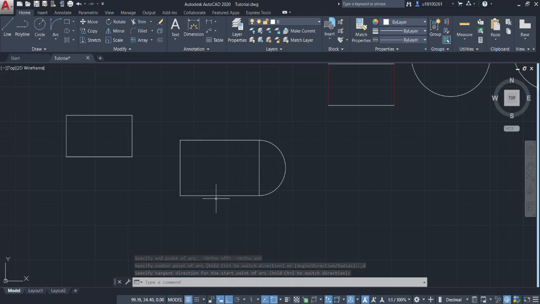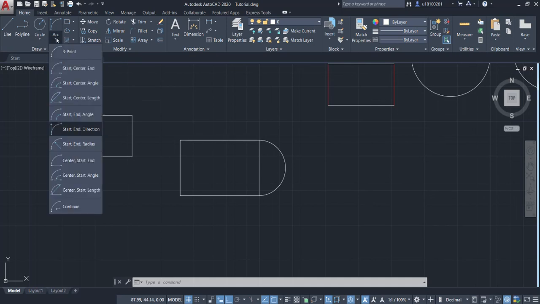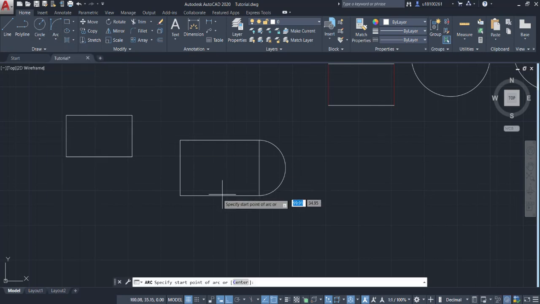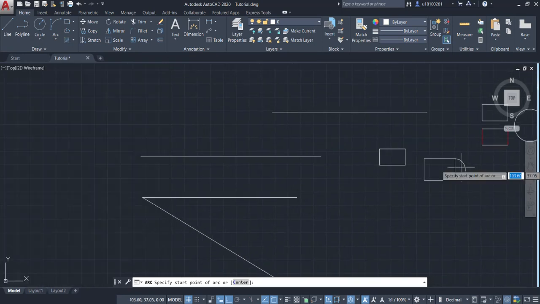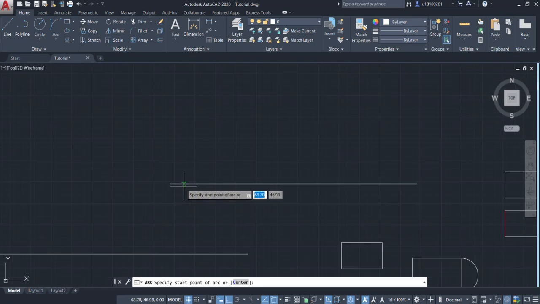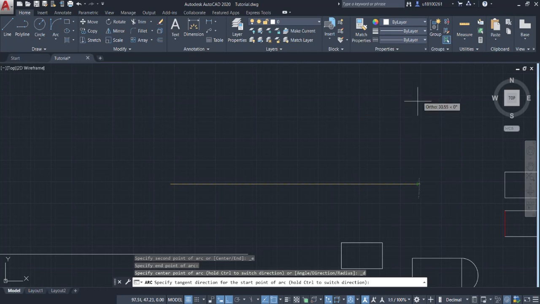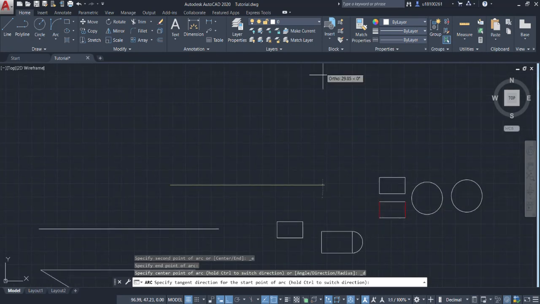You can also draw for the other line. So let's try for the horizontal line this time. I'm just going to go on the arc, the same place again, press on start end direction. I'm going to choose a horizontal line this time. Let's say I'm going to go for this line, just to perform this on another drawing. I'm going to choose a starting point here, and then I'm going to choose my ending point here. Then when you press, as you see, if you move your cursor up or down,